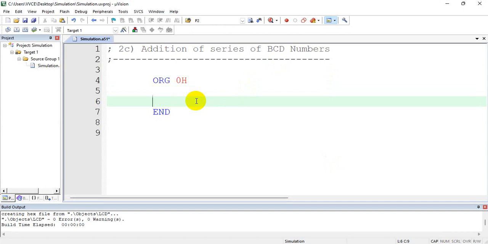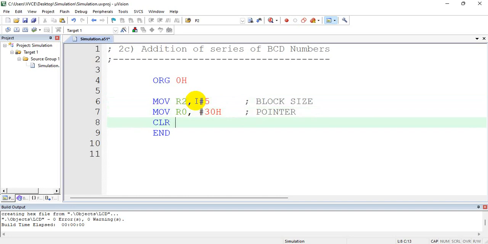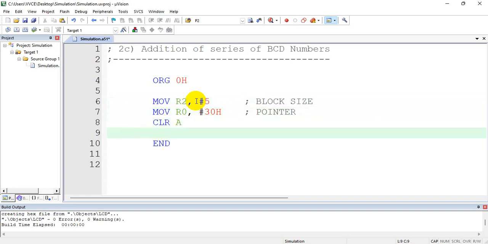So because we have an array of numbers, we have to have the count. Let's say move R2 comma #5. So this is the block size, right? And I need to have a pointer. So this is a pointer to the start address, right? So initially we shall clear the accumulator, although it is cleared,